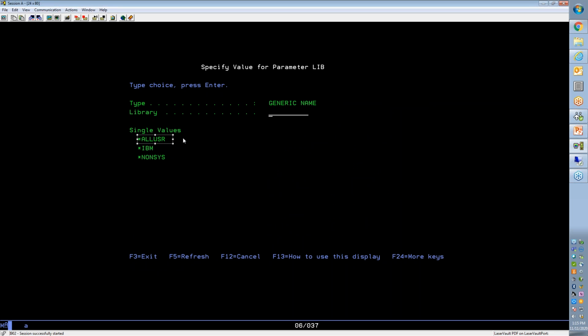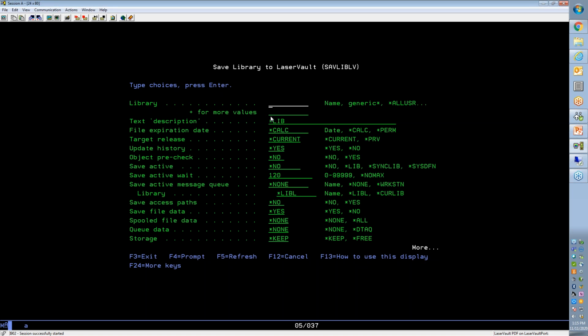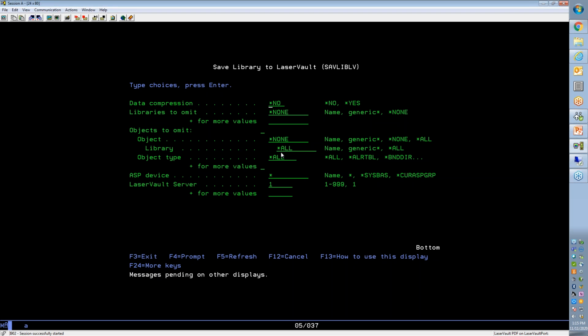all user libraries, so you can put in that single value, IBM files, or non-sys. Non-sys is both IBM and all user. So you can put in non-sys if you want to and save both of those. You also have save while active, access paths, spool file data, page down. You can do libraries to omit, objects to omit, and then down here at the very bottom is